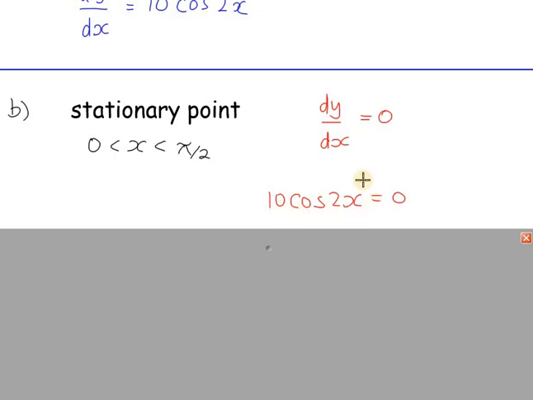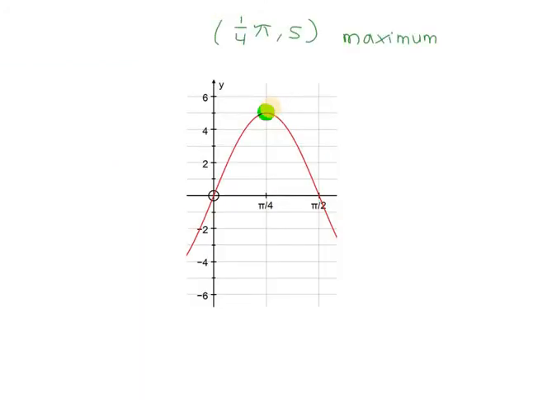So I need to solve my derivative, my gradient, equals 0. There's a little issue here. The angle is 2x, the angle in the interval is x. So I need to leave this one alone and multiply all of these by 2. Worked out the coordinates for this point on the curve, and it's a maximum point, even though we didn't have to state whether it's maximum or minimum. The objective in the question was just work out the coordinates for the stationary point,